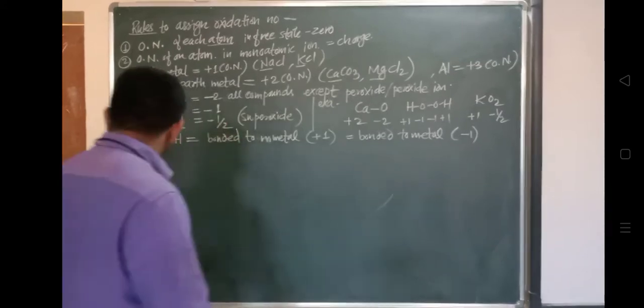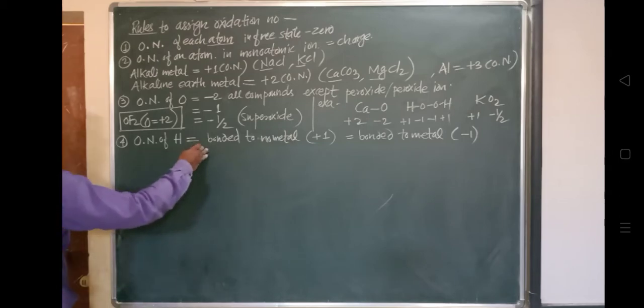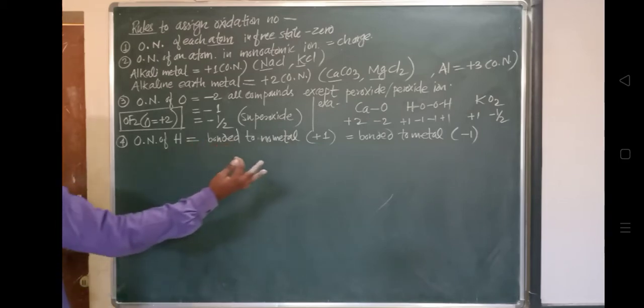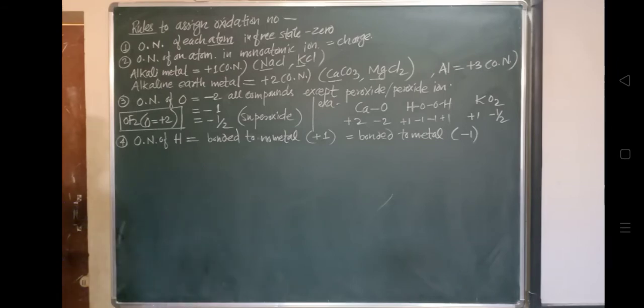So in this way, आप देख सकते हो यहाँ पे, non metals के साथ जब वो बाउंड करता है, it loses one electron, and when it adds one electron from the metals, then it will have -1 as its oxidation number. So when it is bonded to metal, it possesses oxidation number of -1. So we'll see with the help of examples.